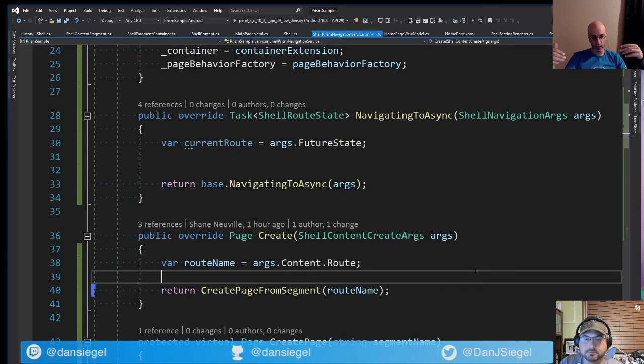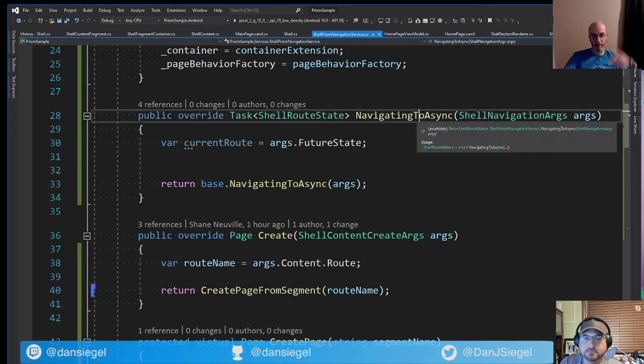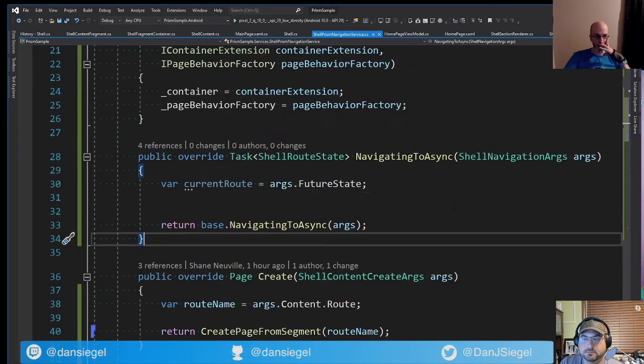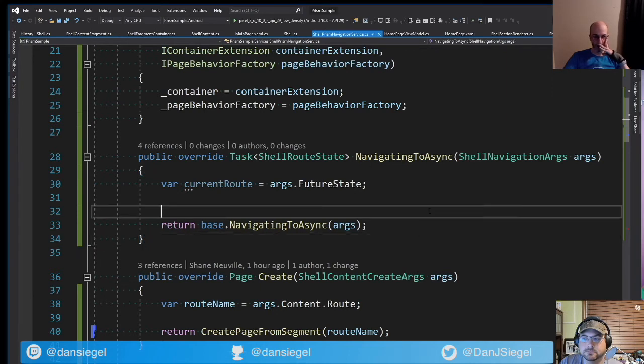Now you need to give me a page. Whereas navigating to async here plays into the async that's on GoTo. So if they're awaiting GoTo and you put a task here, that's going to figure into that one as well. So I know that was one way when I talked to you last time was to possibly do it, because if you look at this